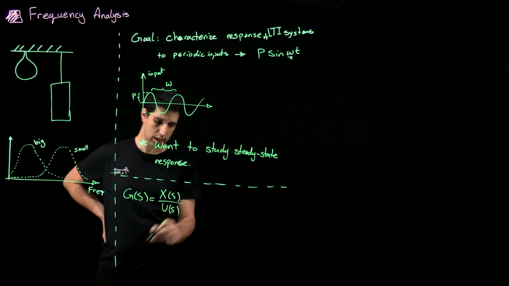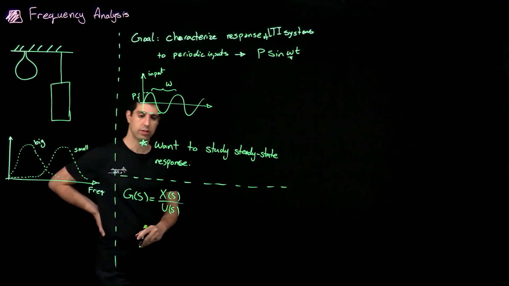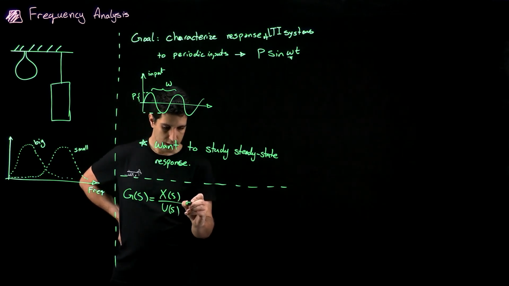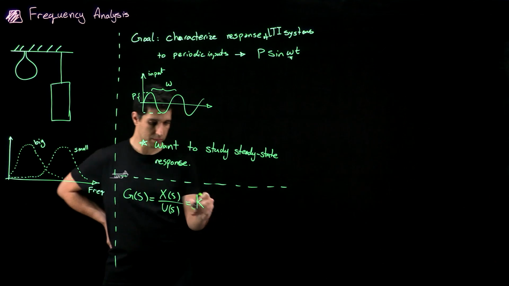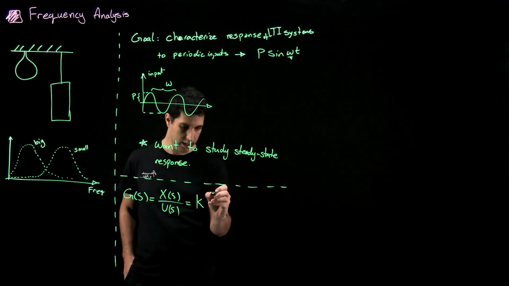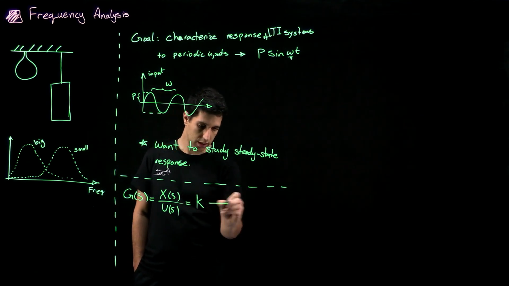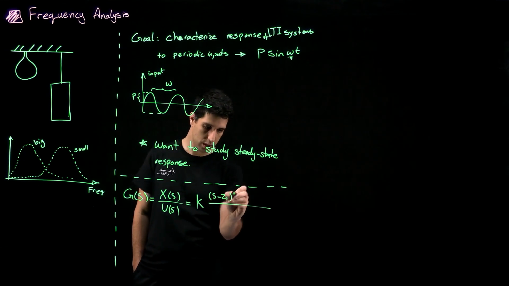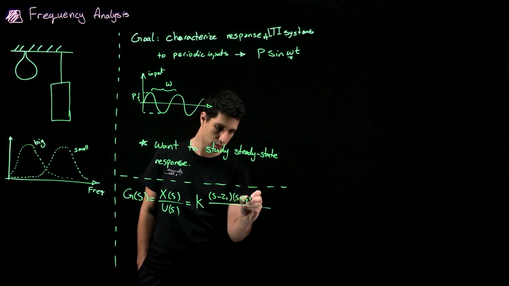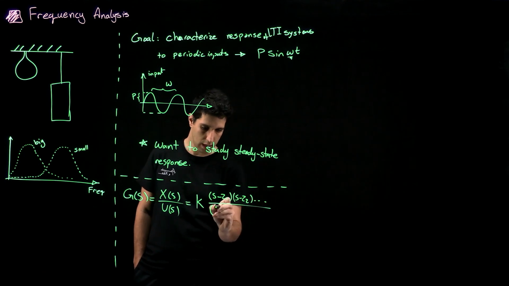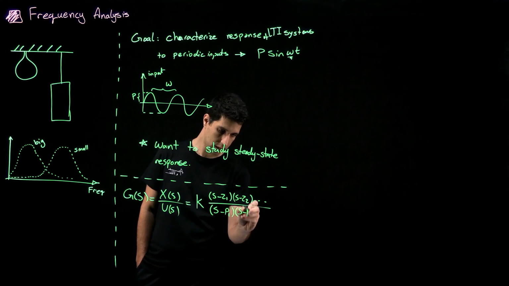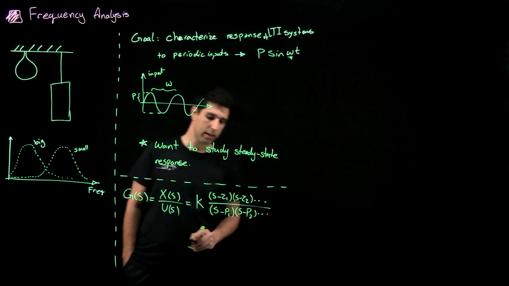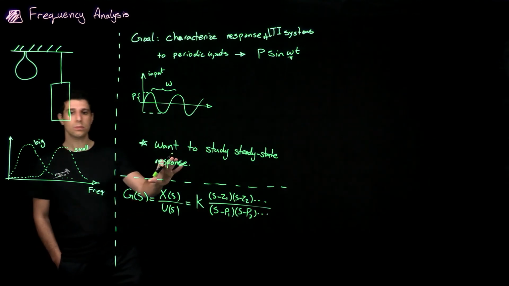I take U as the input because I run out of notation. This one equals K, some constant gain, and my transfer function has a bunch of zeros, s minus z1, s minus z2, dot dot dot, and a bunch of poles, s minus p1, s minus p2, dot dot dot. So this is my transfer function,